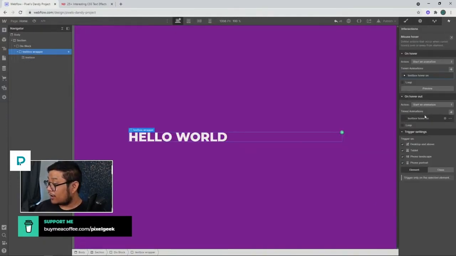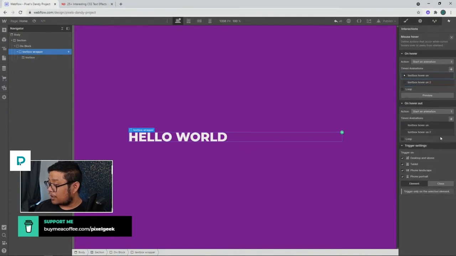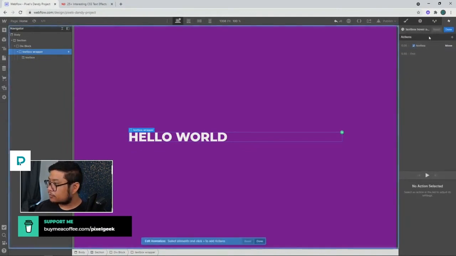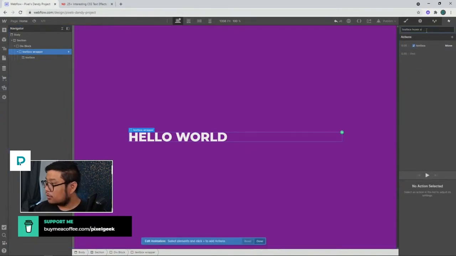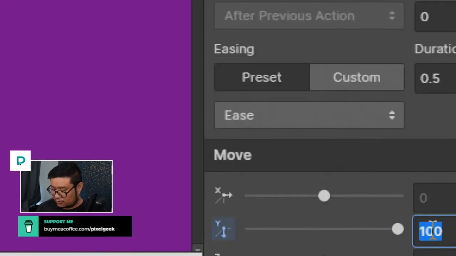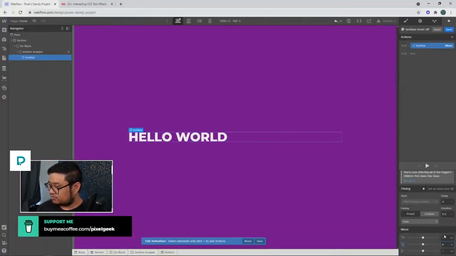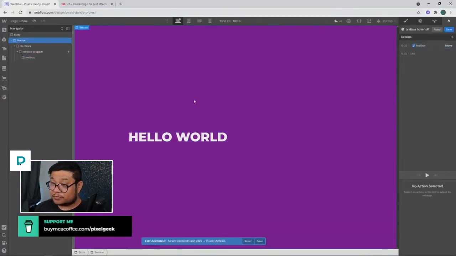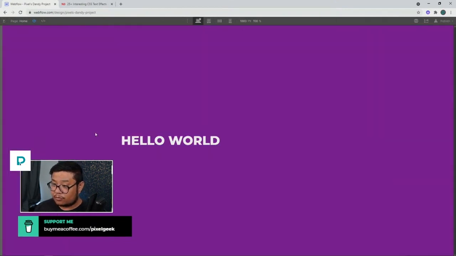And then on the hover out, I'm just going to duplicate that and set this back to its original state, down here to 0. All right, cool. So if we preview,